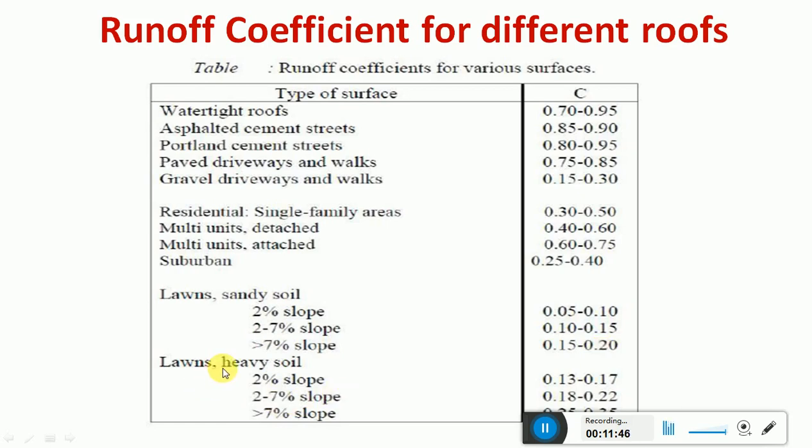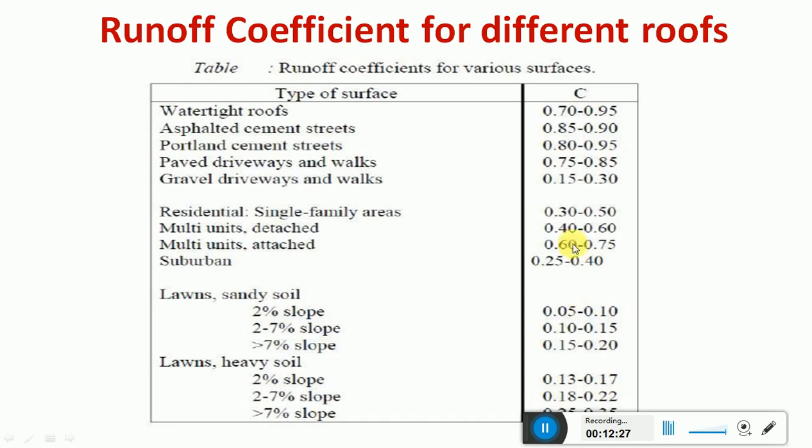If you take our campus, we have around 54 acres, and you will find all these areas. If you want to find out the runoff for this campus, you should take into account all the different surfaces listed here. For lawns, the coefficient of runoff will be in the range of 0.13 to 0.17. If you observe, the coefficient of runoff increases with hard surfaces, while for lawns and porous soil the value is relatively lesser.